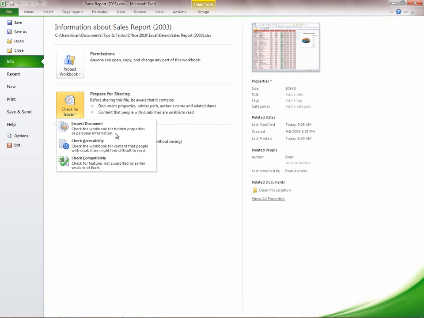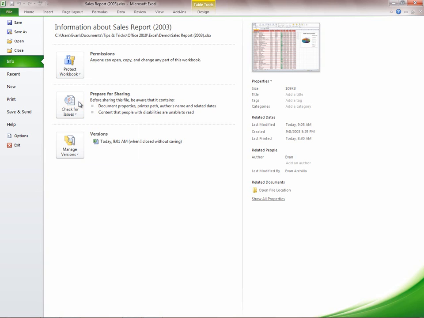What it actually does is it looks through and flags things like document properties, XML content, hidden text, things like that that might be in the document that you might not want going along with it when you share it. So Inspect Document will look at that stuff and give you the opportunity to strip it out, and then the